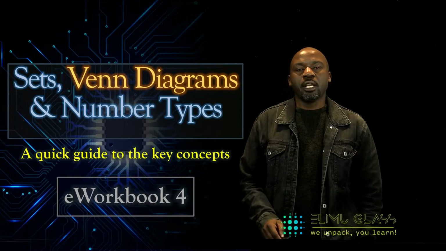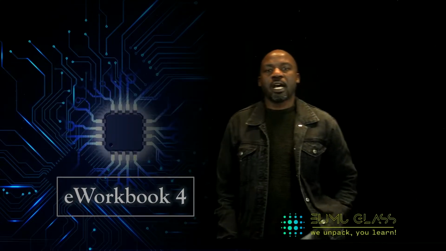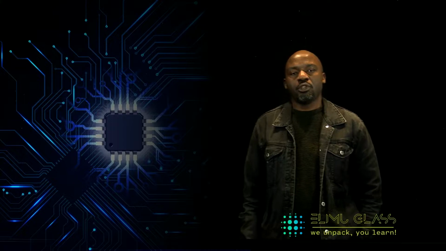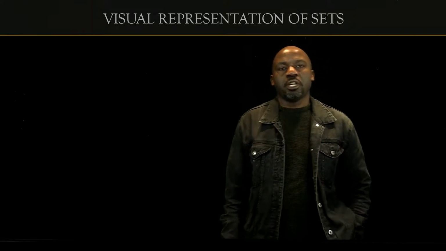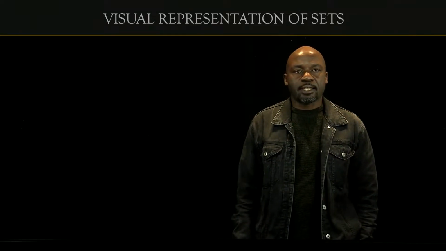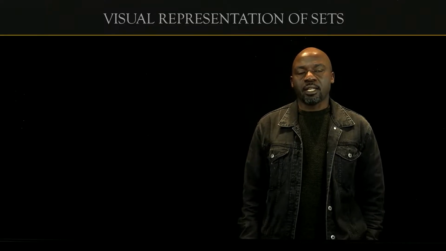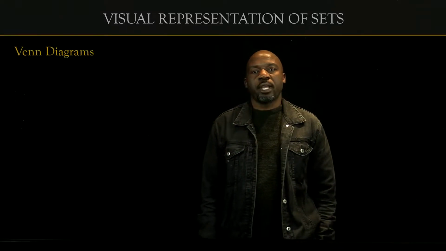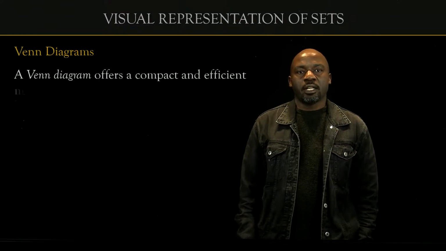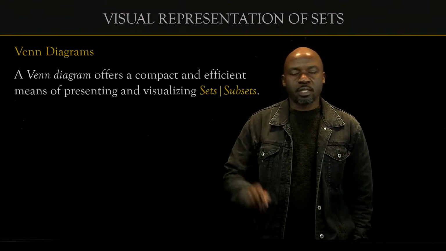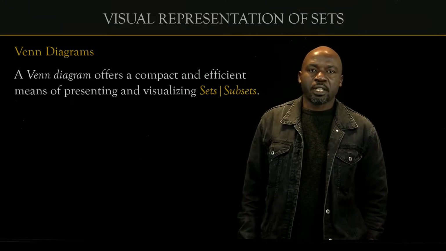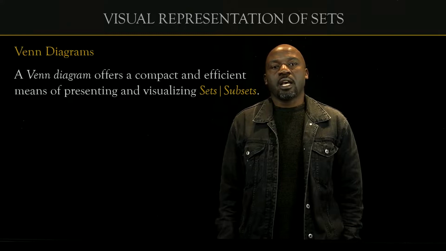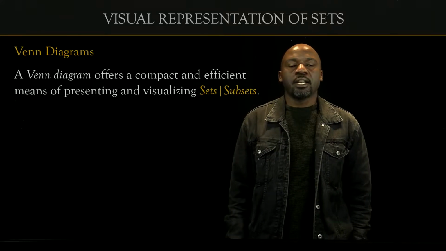Okay, so let's begin. We're discussing Venn diagrams and how Venn diagrams find their use in representing sets. Venn diagrams are a way of visually representing sets and their subsets. It's a very compact way of looking at all sets and their subsets within one single space. A Venn diagram offers a compact and efficient means of representing or visualizing sets